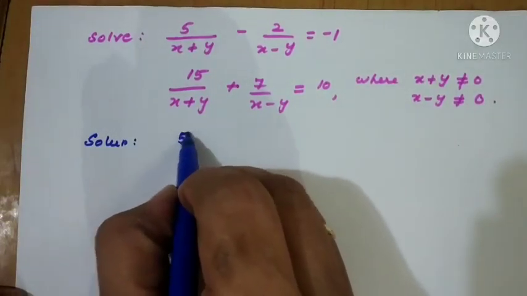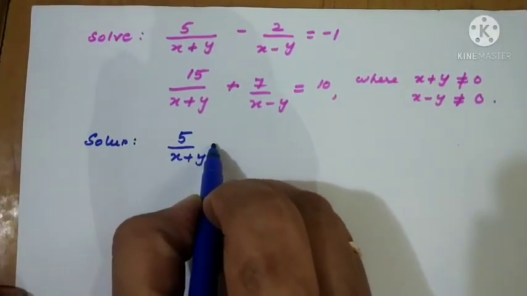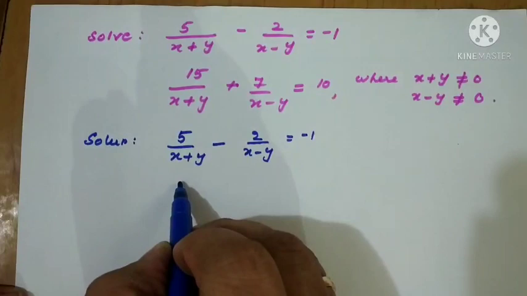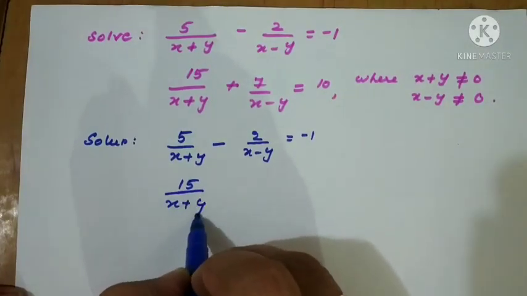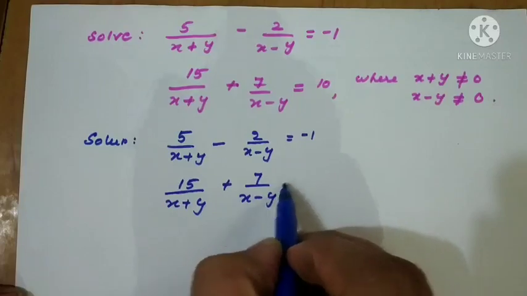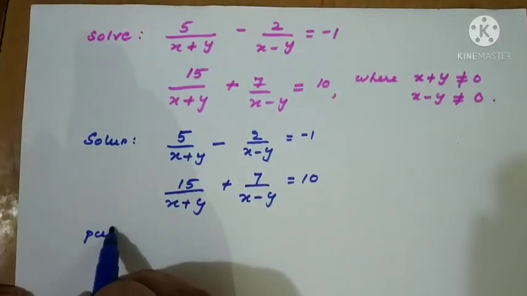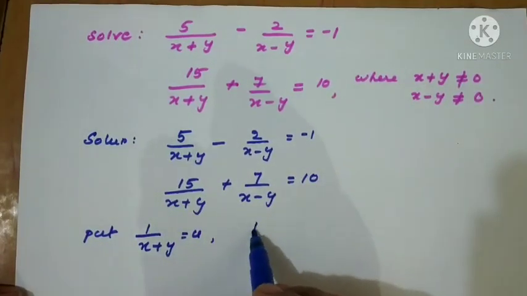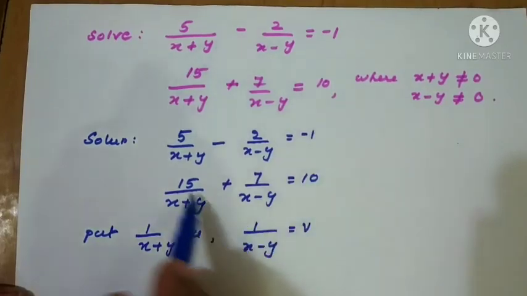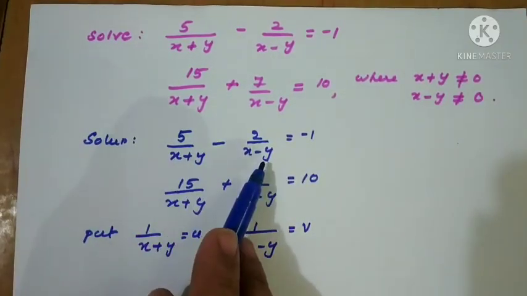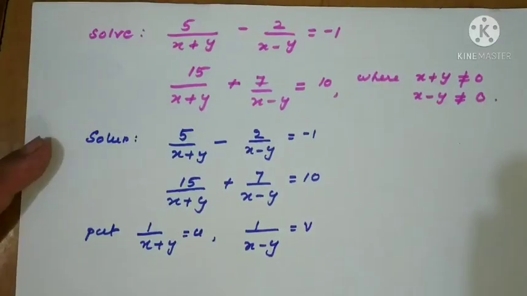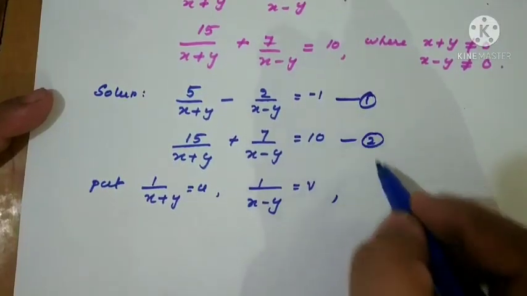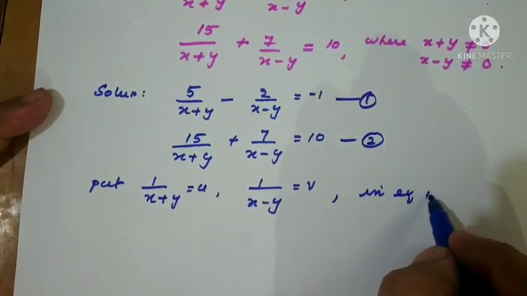Solution: we have to take down the question first. 5/(x+y) - 2/(x-y) = -1 is the first equation, and 15/(x+y) + 7/(x-y) = 10 is the second. Now put 1/(x+y) = u and 1/(x-y) = v. The denominators x+y and x-y are the same, so we can do it like that. Therefore, in equations 1 and 2,